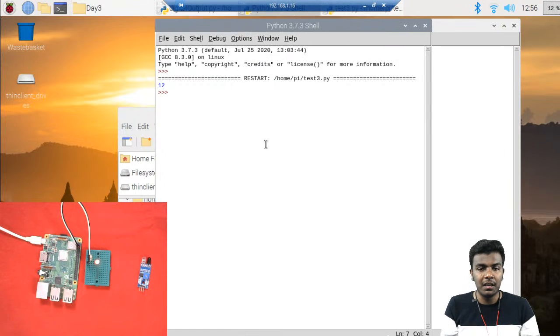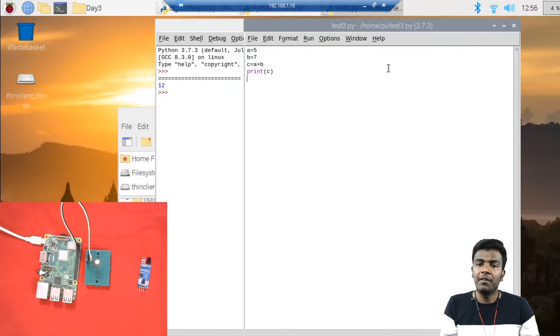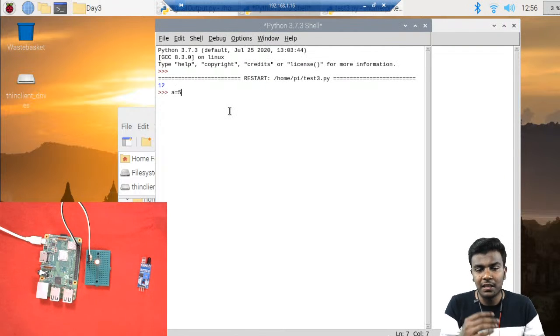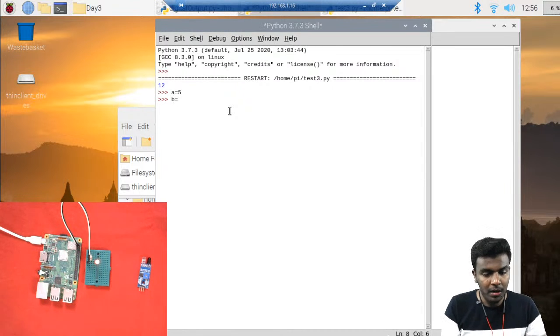It contains the shell, which displays the output, and this editor window where you can write multiple lines of code. There is another option where you can write the code line by line for execution. A is equal to 5, B is equal to 7, and C is equal to A plus B, print of